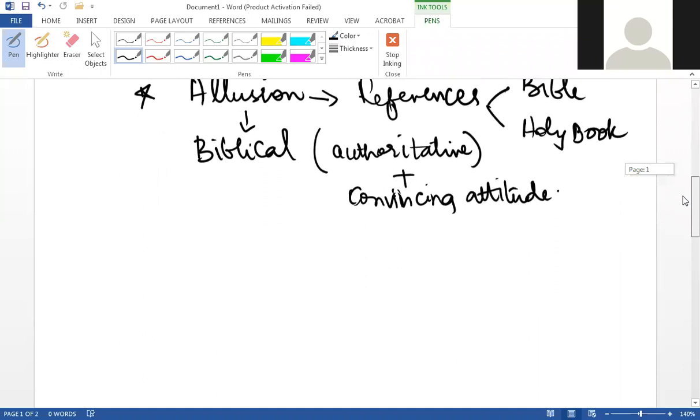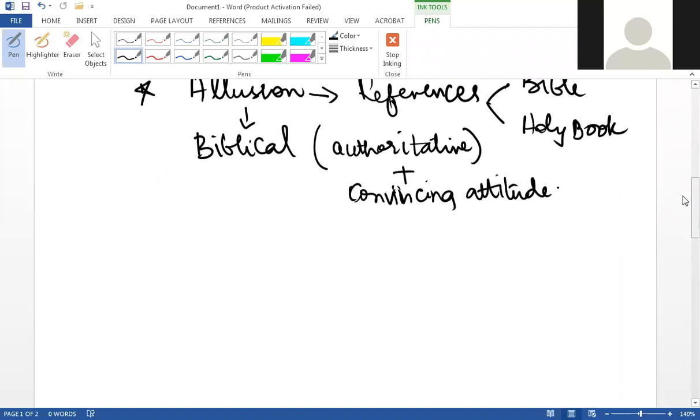You must have heard Pakistan's Prime Minister Imran Khan. A lot of times he quotes Hazrat Ali, may Allah be pleased with him. So all the time, his facts are supported in some way or other with Islamic teachings. So it's more motivational. I hope this point is clear. Next, we are moving towards